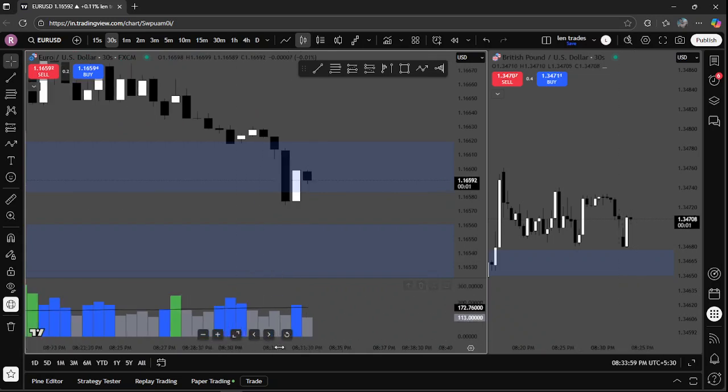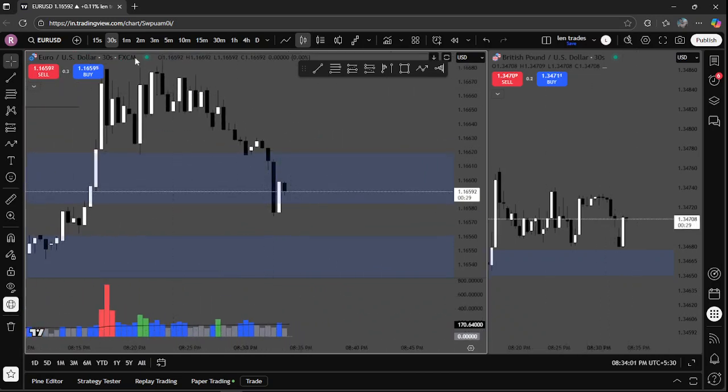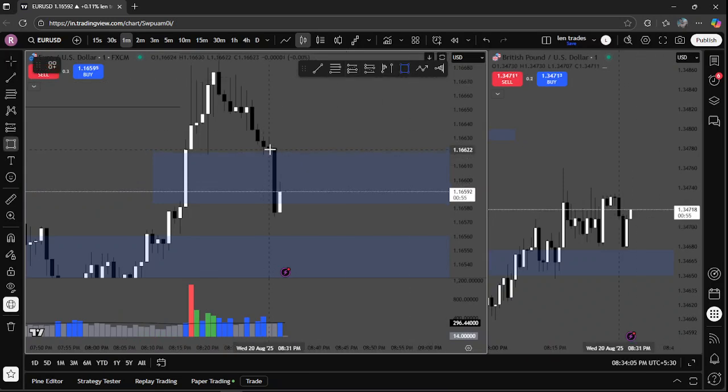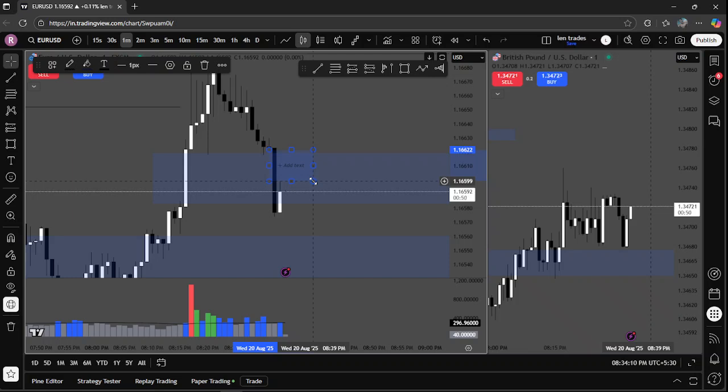Look at the 30-second time frame. I just like to see this fair value. This is like multiple fair value gaps. I like to see this fair value gap get ran through. Okay. For us to consider